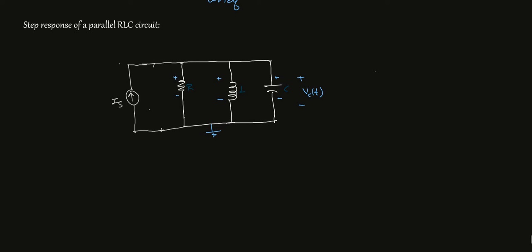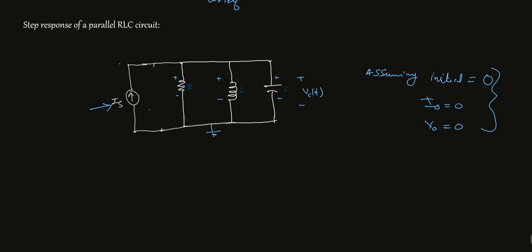So, initial conditions. I am assuming that initially there is no current, like I naught is equal to 0, and V naught, that is VC, the capacitor voltage, is equal to 0 volts. So there is no initial voltage or current across the capacitor and the inductor. This is my assumption. So I turn on the source, that is, the source current I supply to the parallel RLC circuit. Then I am asking what will be the response.